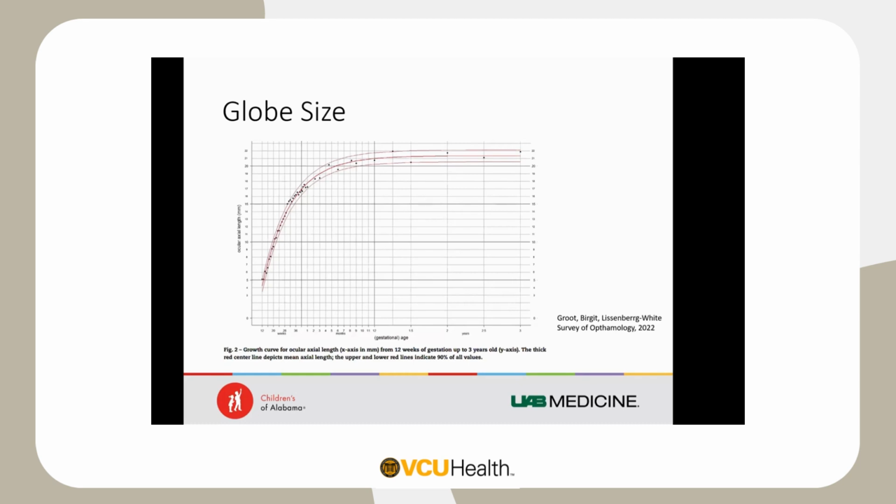So this is a great picture that Grudnall did from the Survey of Ophthalmology, looking at globe size as we're aging. As you can see, from 1-year-old to about 3-year-old, there's an exponential growth in your globe size, which makes it particularly difficult to find a normative value, especially as these kids are growing. And you can see that this is also changed for your head circumference size. And this kind of leads to the question,